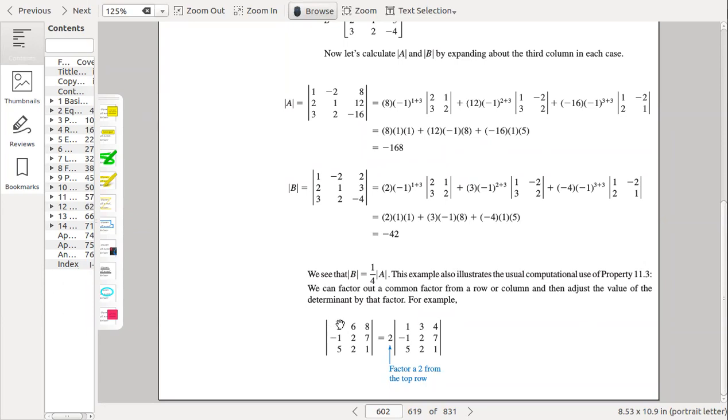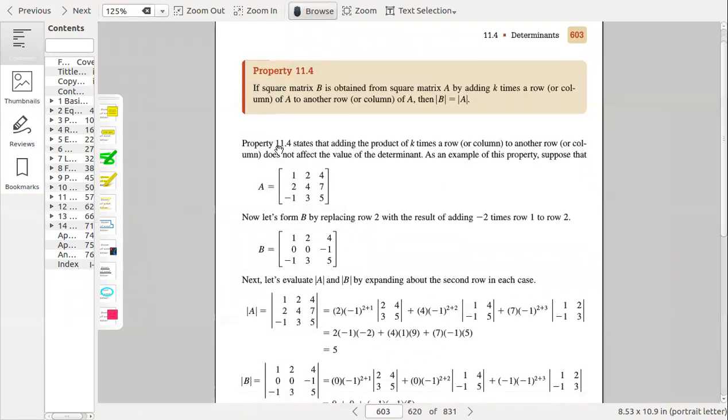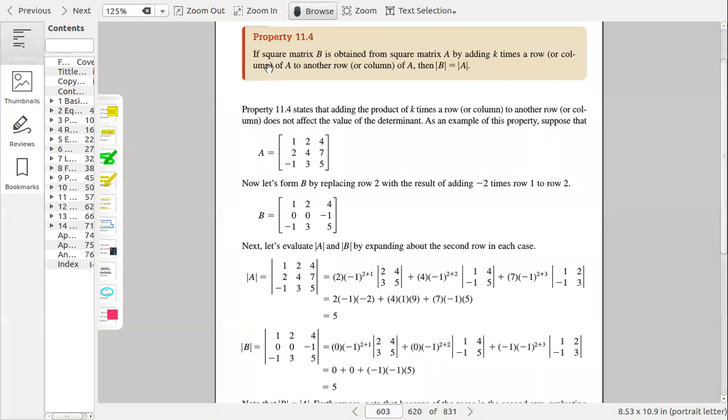So 2 multiplied by 2, 1, 6 divided by 2 is 3, 8 divided by 2 is 4, and 2 divided by 2 is 1. So in this way, we can have this. So factor a 2 from the top row. This top row is 2, 6, 8, and if we divide this top row by 2, we have 1, 3, 4. Okay. So then the next property is, if square